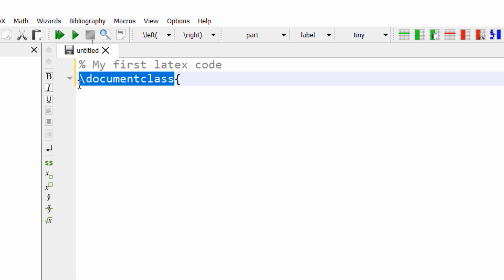In LaTeX we call such tags as commands, LaTeX commands, and LaTeX commands are easier to distinguish because they start with a backslash followed by a keyword. So the first statement in my code will be backslash document class, and document class has few options.